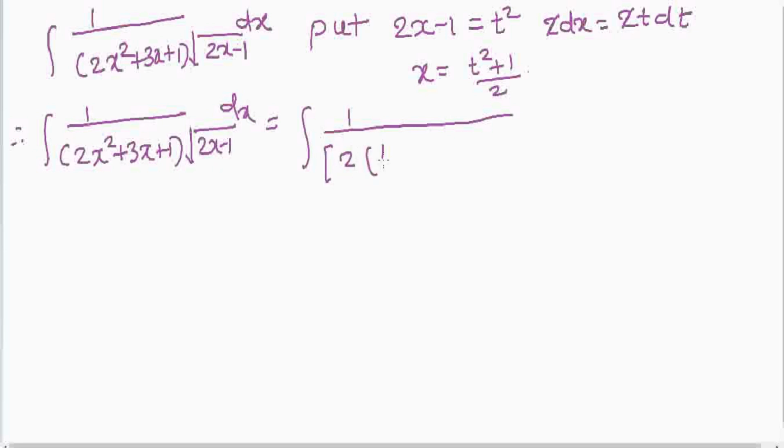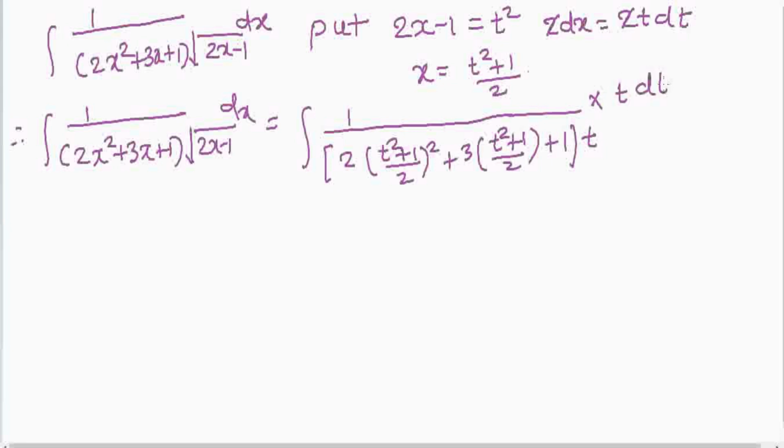X square is t square plus 1 divided by 2 whole square plus 3 into t square plus 1 divided by 2 and plus 1 into under root term that will give us t into dx. Dx is t into dt. Dt will be cancelled, and this is equal to